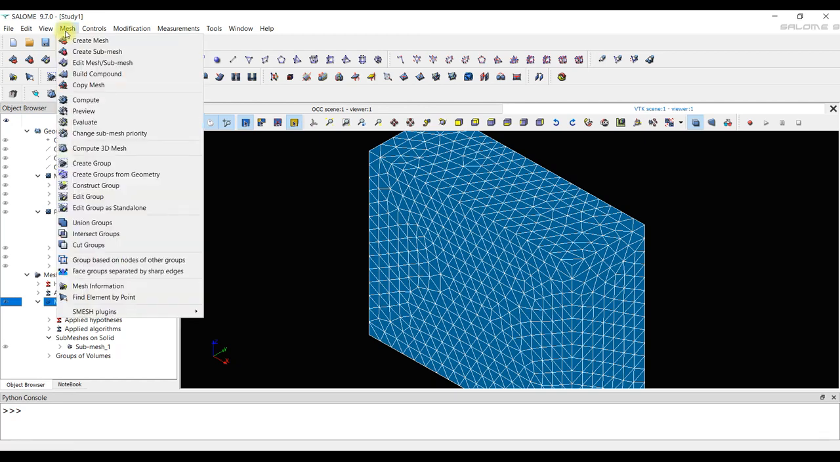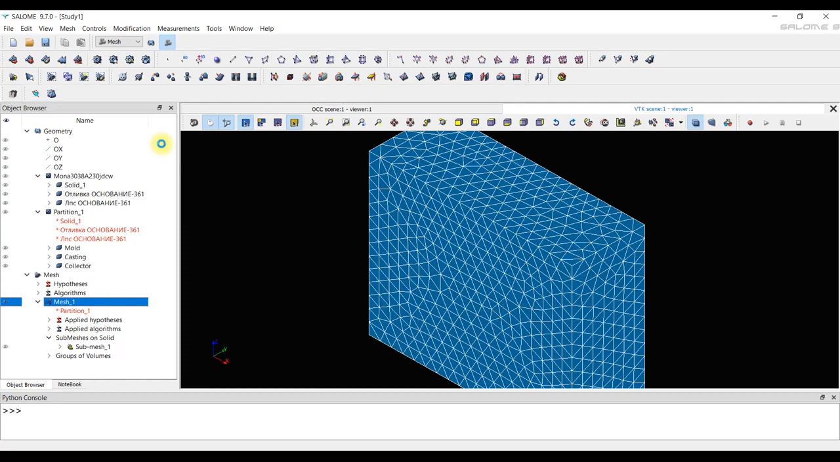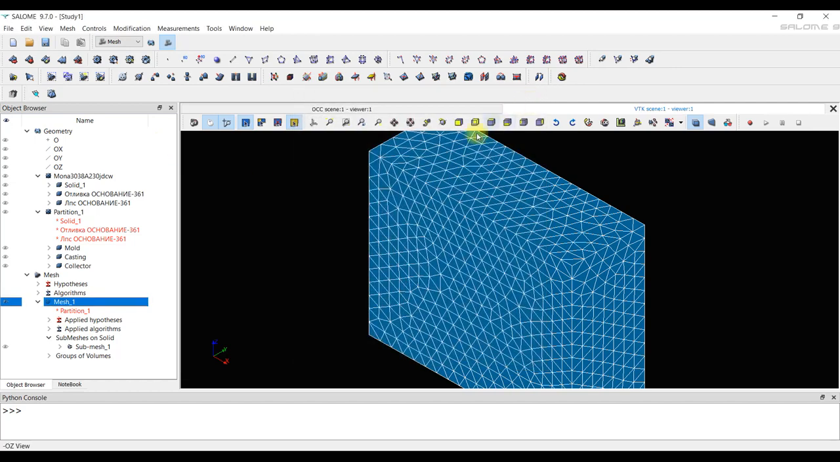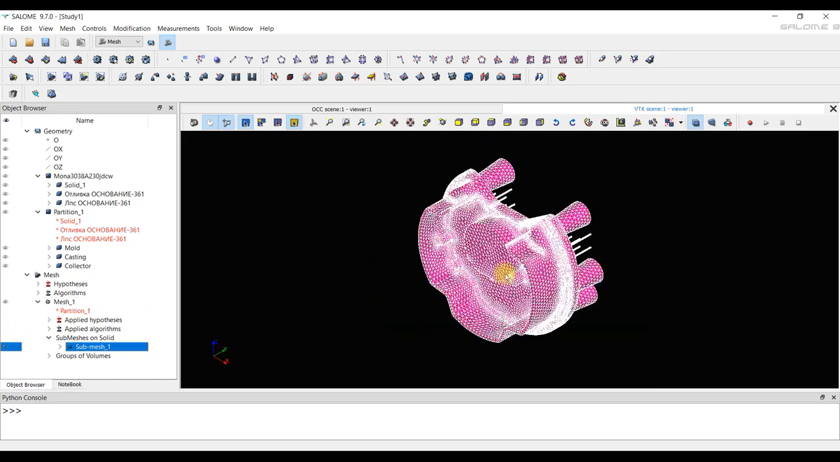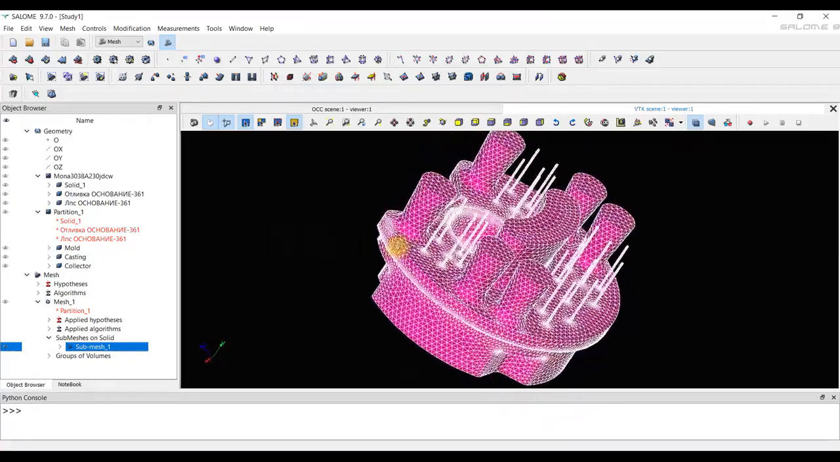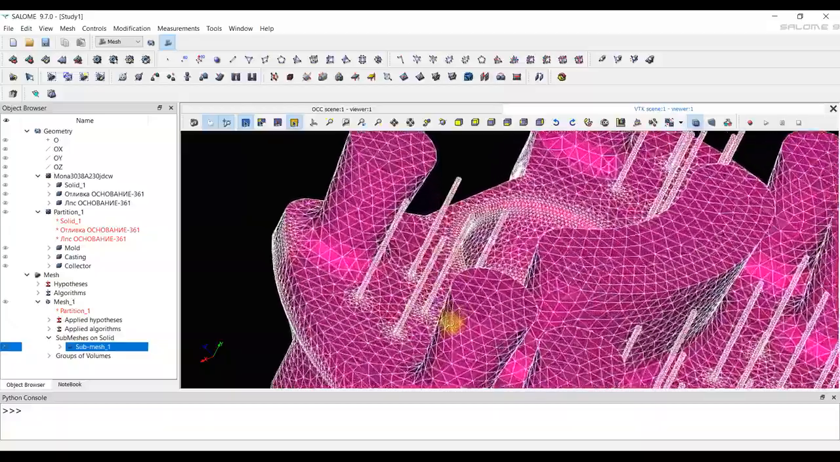Next, we need to calculate the 3D mesh. We select our mesh, Mesh 1, and go to the Mesh tab, and click on the tool Compute 3D Mesh. After calculating the mesh, a window with detailed information appears. Let's take a look at the resulting mesh in detail. The mesh for the mold turned out to be quite large, but suitable. The mesh for casting turned out to be quite small, but there are clusters of small elements on the fillets